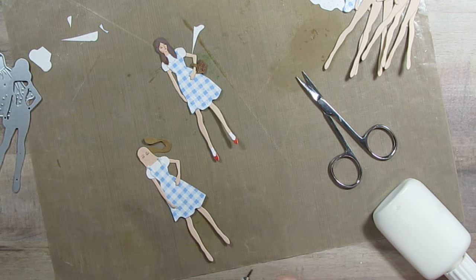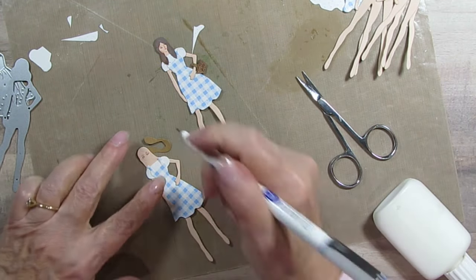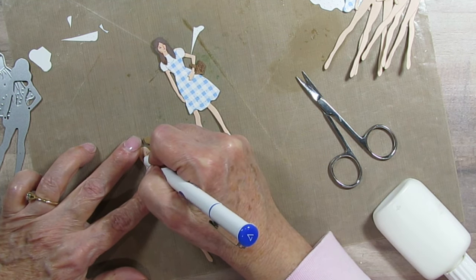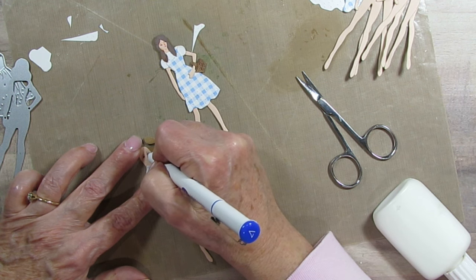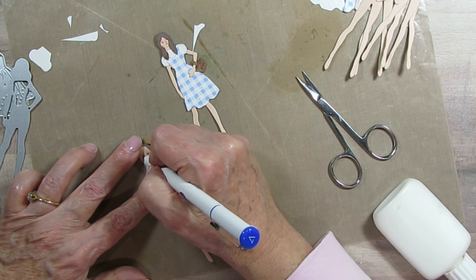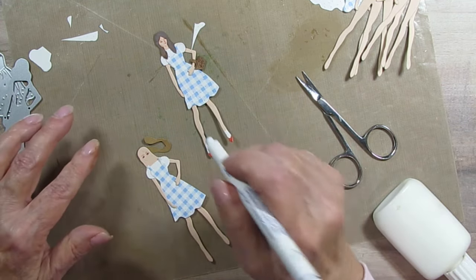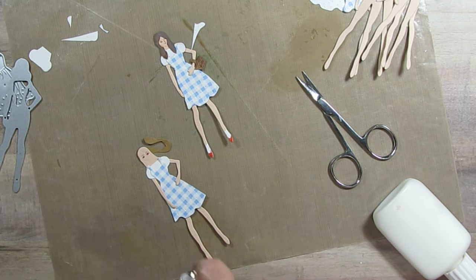I don't know. Okay, and remember she wanted to have her eyes dyed to match her dress. So I'm gonna give her blue eyes. And I'm just using my Creative Memories pen. I'm just dotting because it's so small. I just keep dotting until the eyes look as big as I want them. Okay, and then